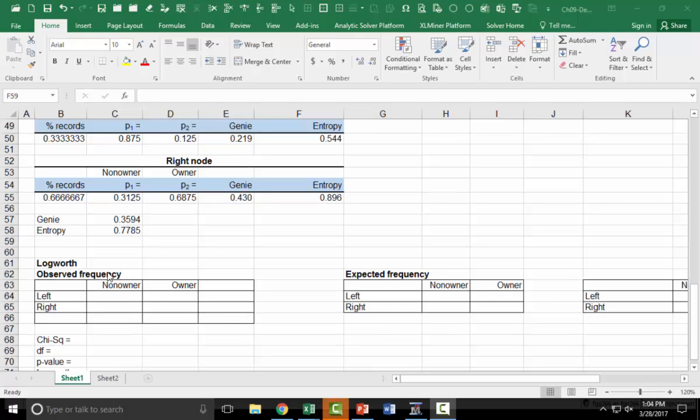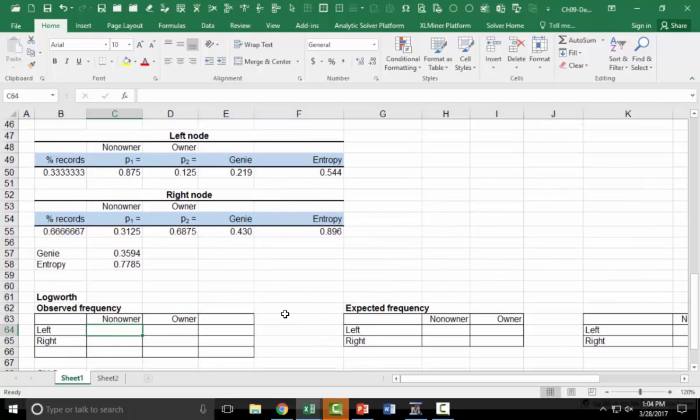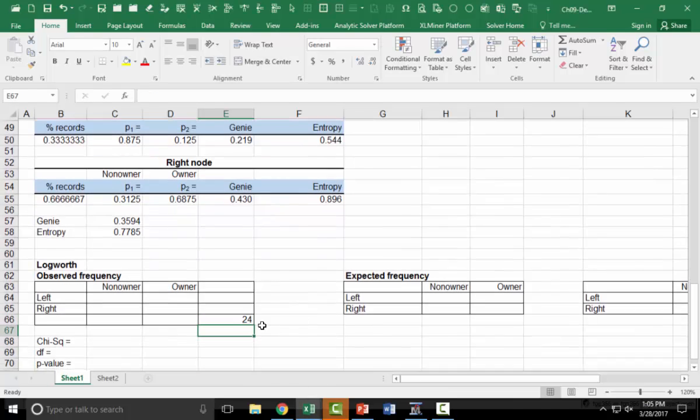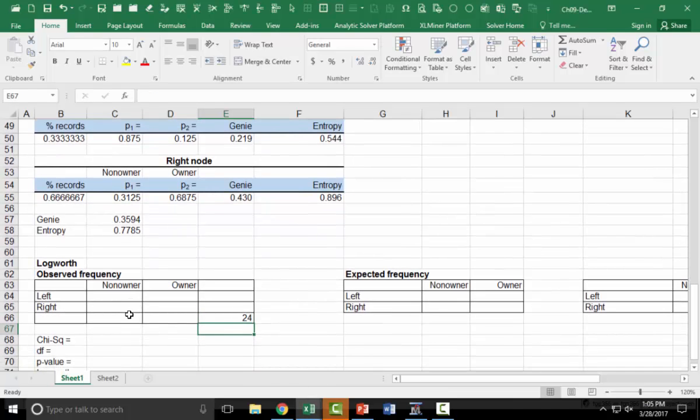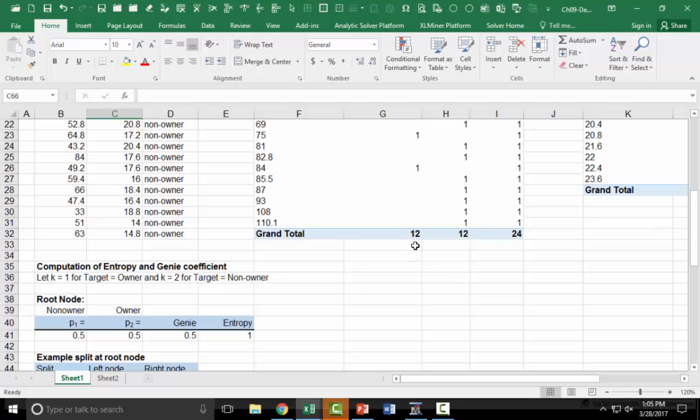Alright, so how are we going to do log worth? So log worth, you have to now figure out how many owners on the left side and how many on the right side. So how many non-owners and owners. So total, of course, we already know that, which is 24 by 32. Okay, and number of non-owners is G32,